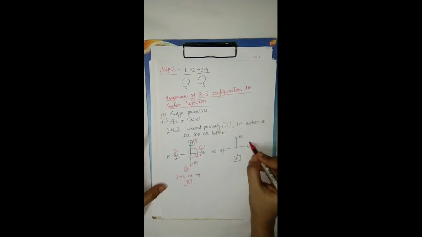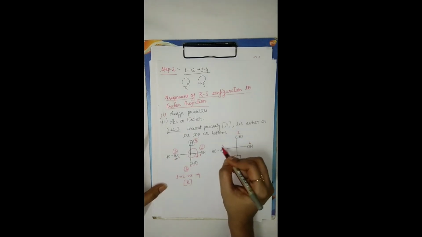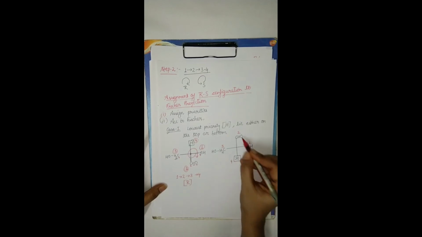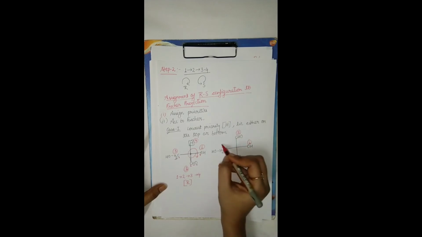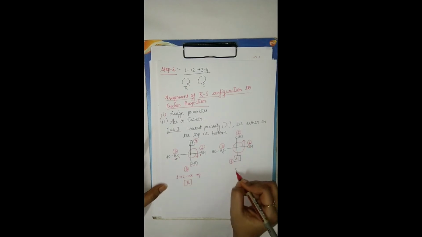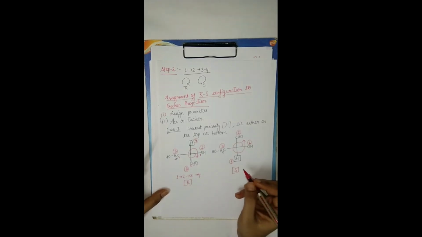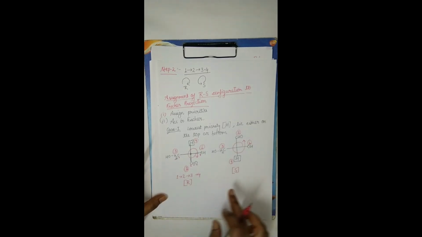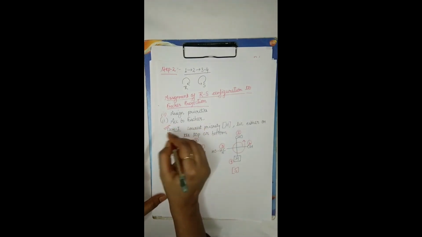Always remember 1, 2, 3, 4. Number 1 because of the highest priority, number 2 because of the second priority, this is the third priority, this is the fourth priority, and as your eye moves in an anti-clockwise direction, that means it is S nomenclature. This is R nomenclature, this is S nomenclature. This is case 1 according to Fischer. But in case 2,